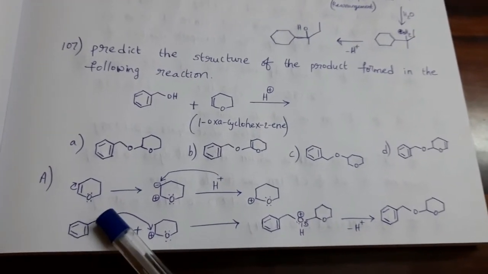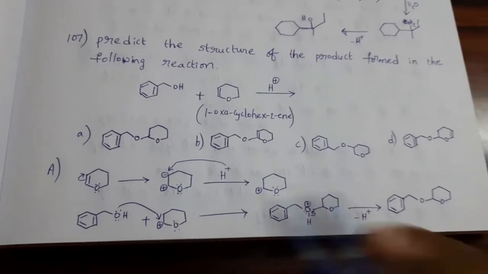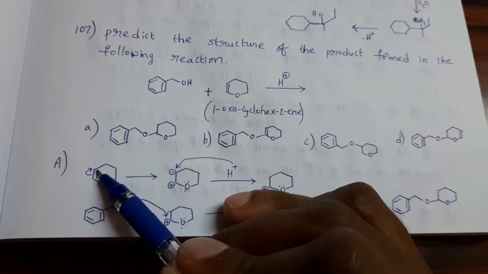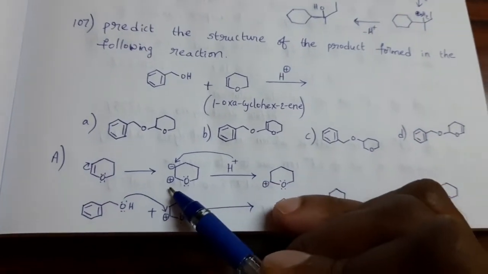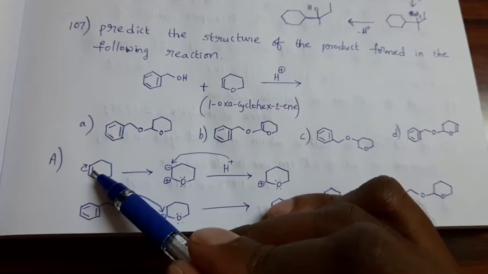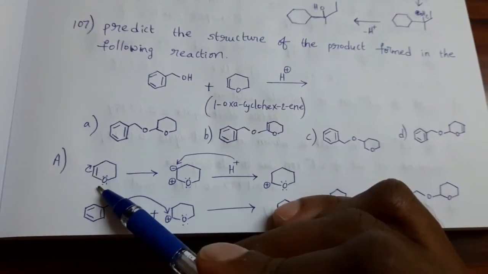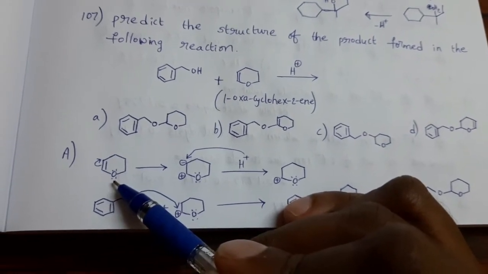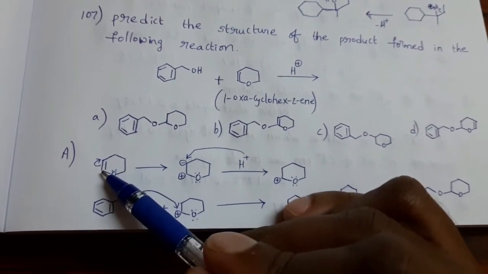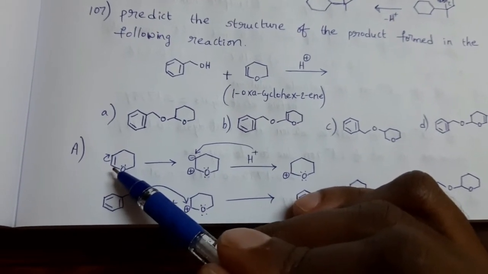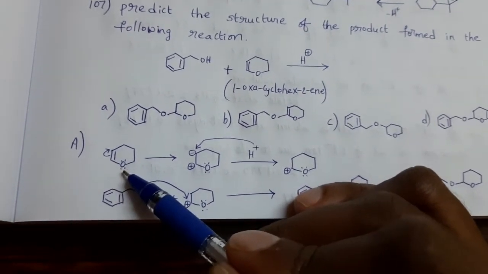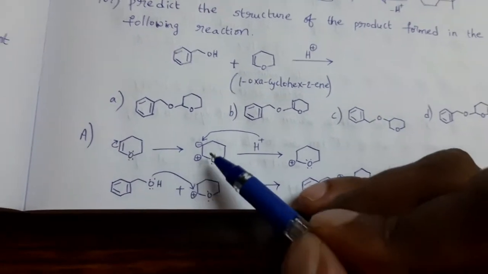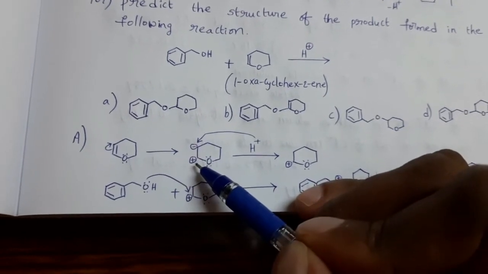In this case, pi electrons are shifted in this manner. These pi electrons are shifted to this carbon and negative charge is developed here, positive charge is developed here. You may get a doubt: why can't these pi electrons shift towards this carbon, the adjacent position, where oxygen has two lone pairs of electrons? If these pi electrons are shifted to this, repulsive forces dominate between this negative charge and the lone pairs of electrons. That's why pi electrons are shifted to this carbon atom. Negative charge is here and positive charge is developed here.